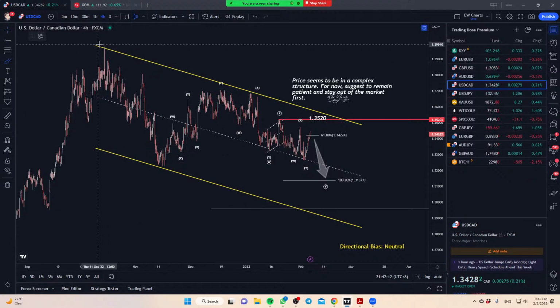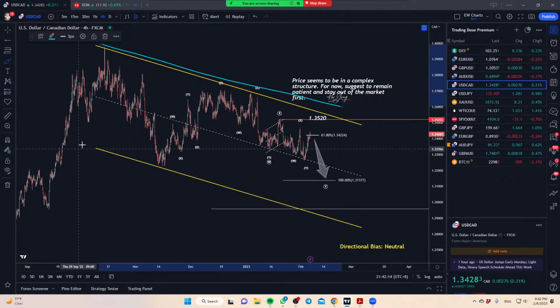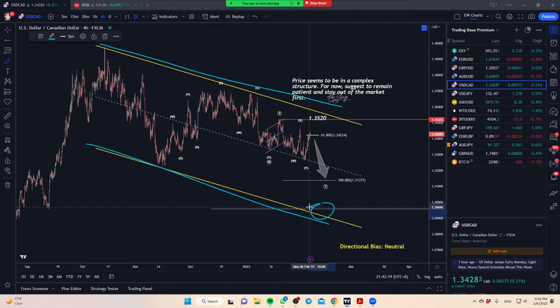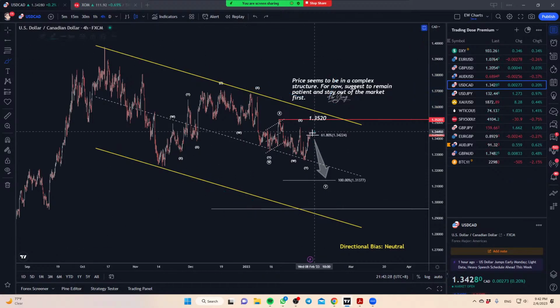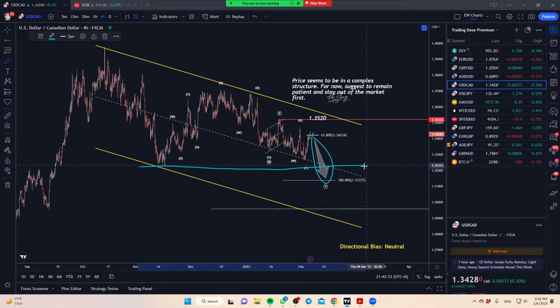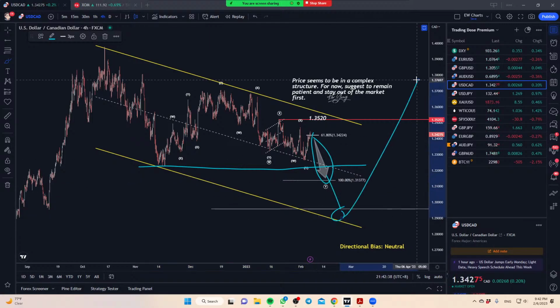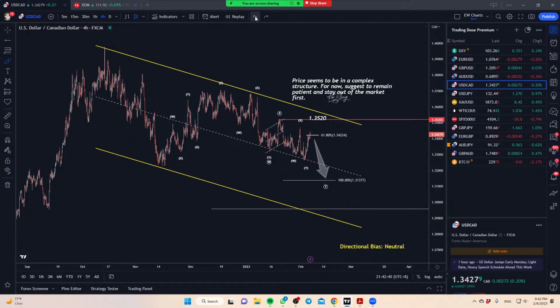One thing to note here is, of course, we're still trading within this channel, and until we either get near the bottom of the channel or break out above that channel, things are not going to be so straightforward, right? So right now, the primary projection is still a little bit more on the downside, potentially breaking that low. And of course, this can also go lower and retest the bottom of the channel before the bigger move back. Okay, so in terms of the majors, I think dollar Canadian is the one that is least obvious.